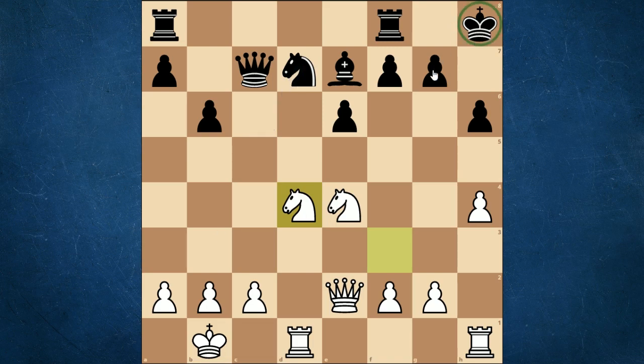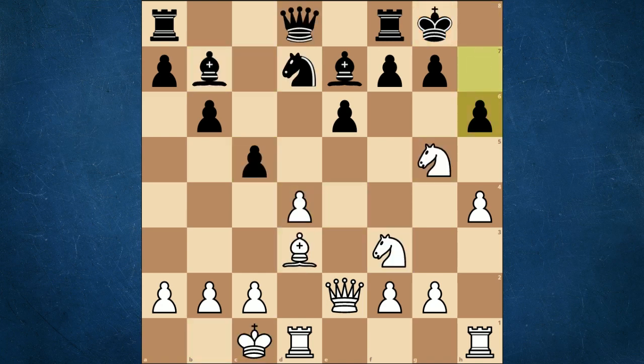Black has repelled any serious white attack, and he might even continue with a move like knight c5, offering more piece exchanges, and ultimately the position is more or less equal here. So this is one way in which the line might evolve. It can evolve in a million different ways, of course,